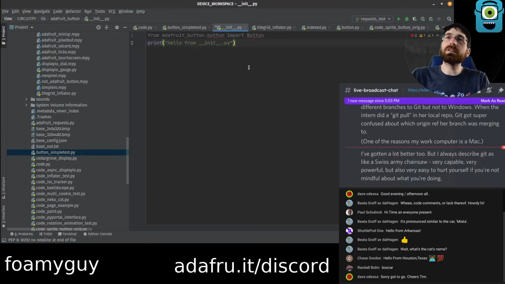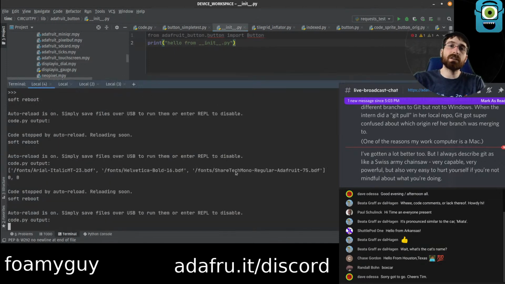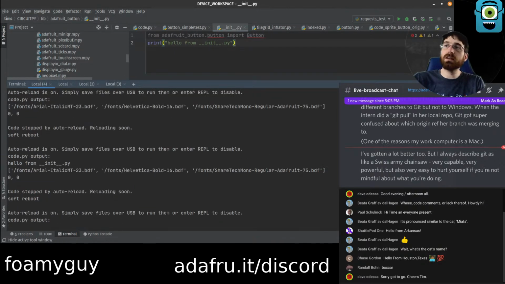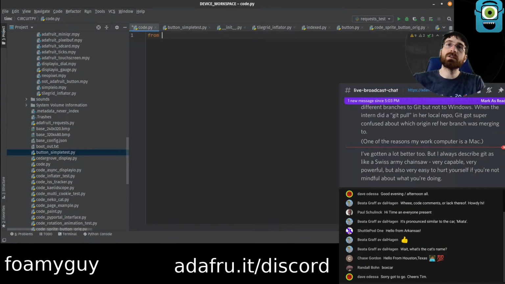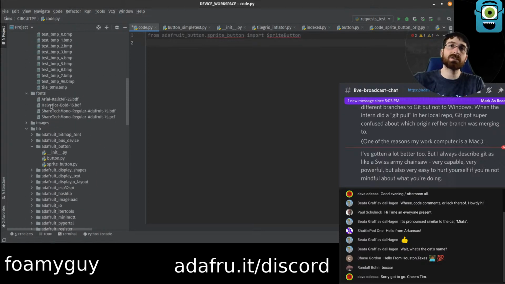So this print does run like this for sure. But if our code was from AdafruitButton.SpriteButton import SpriteButton, does it get executed in that case?